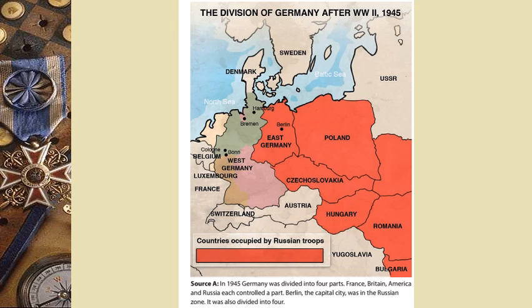Once Germany was defeated, the Russians, who were mostly on the eastern side of Europe, because Russia is on the eastern side of Europe, refused to withdraw. This is what caused the tension at the Potsdam Conference, because the rest of the Allies were asking Joseph Stalin to withdraw his troops from Eastern Europe, and he was saying he was not going to withdraw his troops from Eastern Europe because he was scared of a possible third attack by Germany.